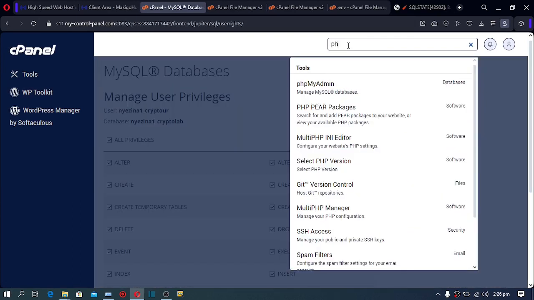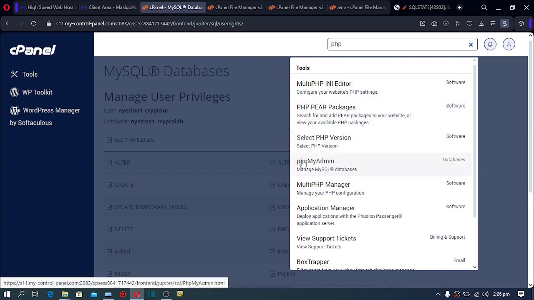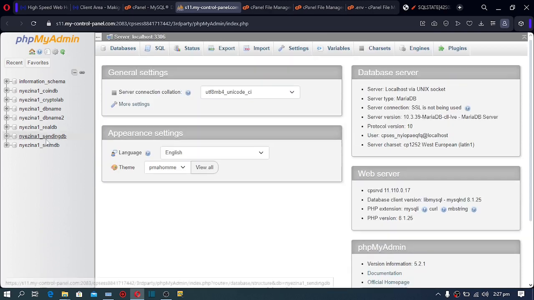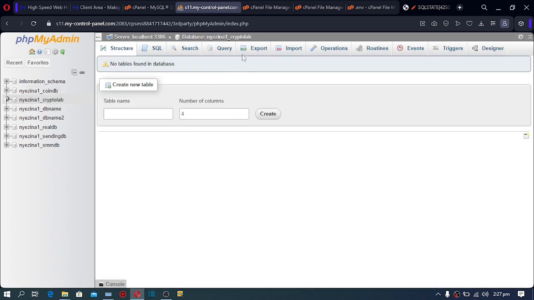So just php and click on phpMyAdmin. Click on your database. This is the database we created. Okay, CryptoLab. Just click on it once, go to import,